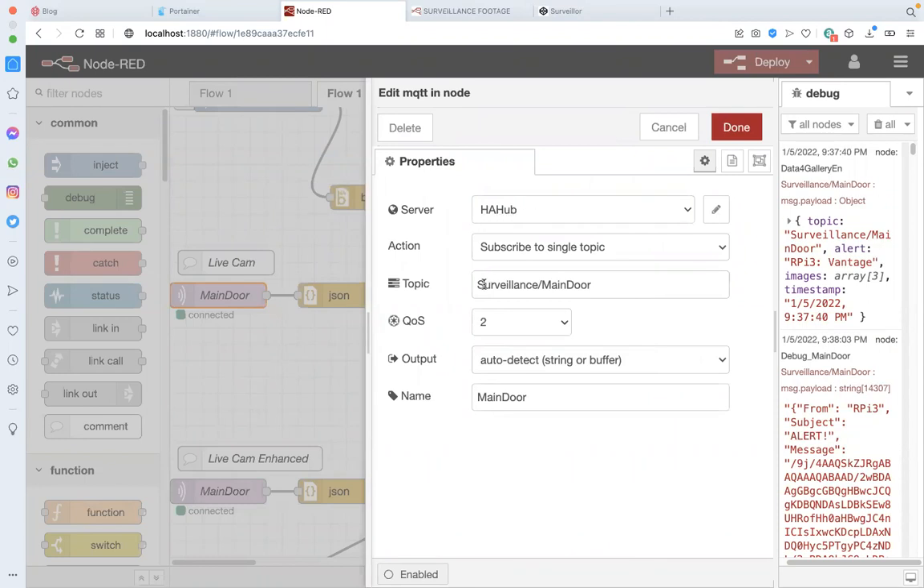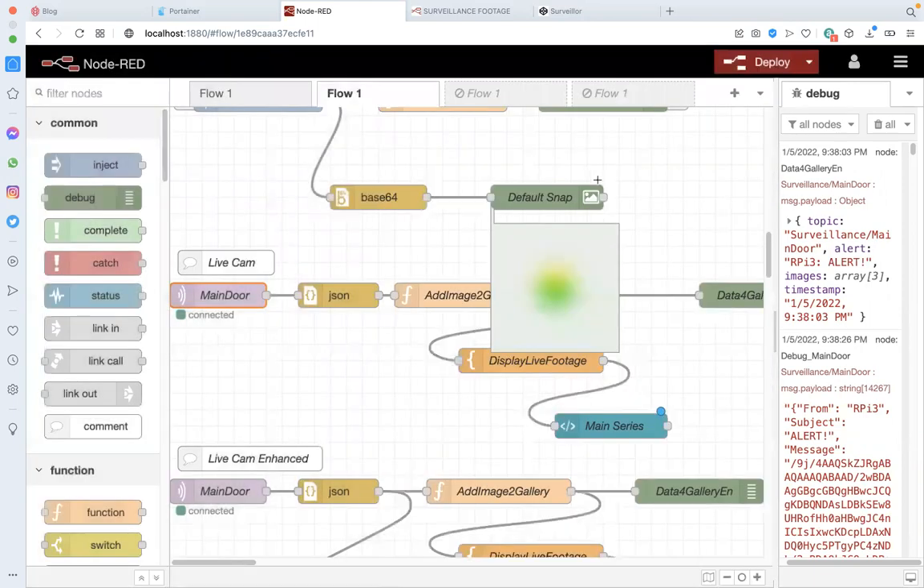HA hub is the broker, surveillance/main door is the topic, and then there is other information in the settings, such as the username and the password to make an authenticated connection and a subscription to the MQTT broker. I will not open the settings because I do not want to show the username and the password that is contained there. And